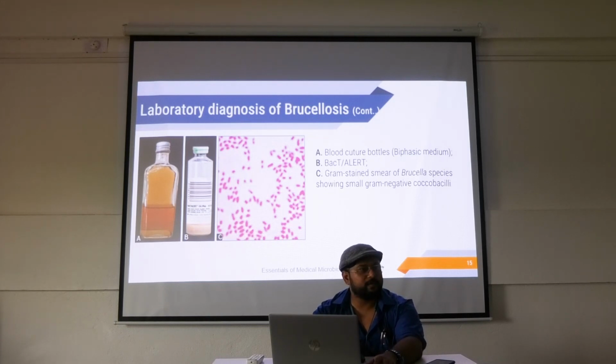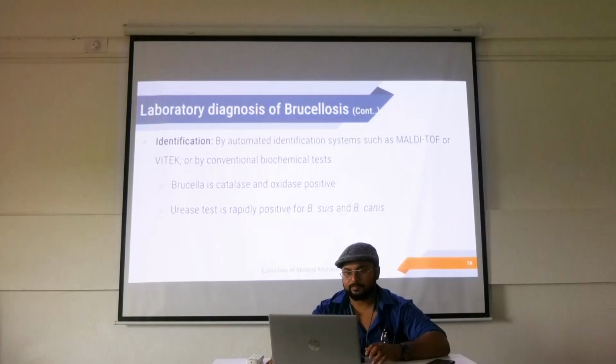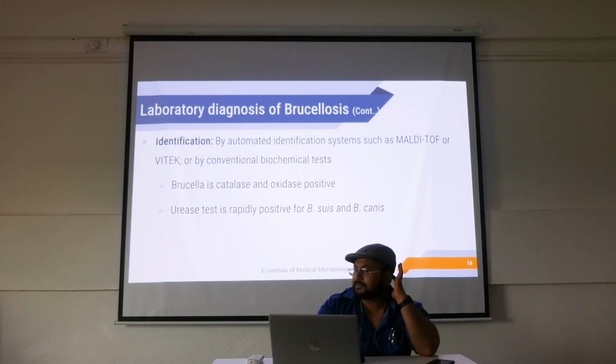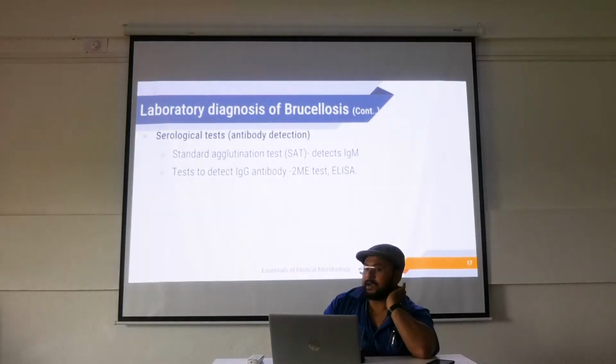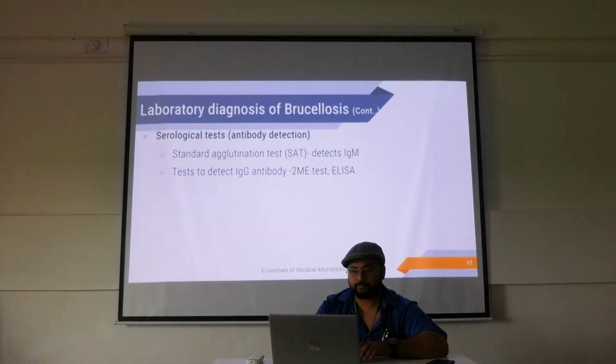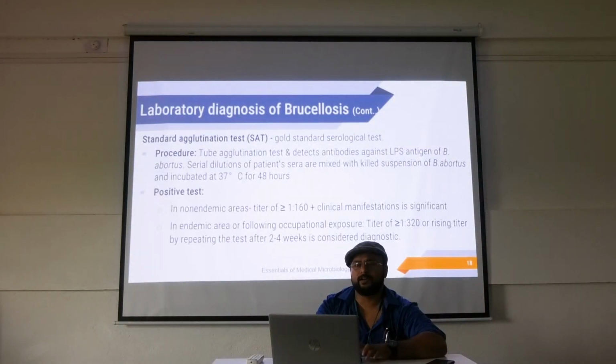ঠিক আছে, তো এইখানে বেসিক্স এই নলেজ গুলো খুব ইম্পর্টেন্ট অটোমেটেড সিস্টেমে। তো তুই যদি একটা এখানে আমার হাসপাতালে যেখানে আমার অটোমেটেড সিস্টেম নেই, সেইখানে আমি যদি একটা ক্ল্যাপসি ডায়াগনোসিস করতে চাই, তাহলে পারবি? পারবি না। তাহলে আমাকে প্রপারলি আমার নলেজটা লাগবে. So identification by the automated method and the system such as multi serological test, SAT, একটাই জিনিস জানতে হয় এখানে, SAT, standard agglutination test that detects IgM। Gold standard serological test।